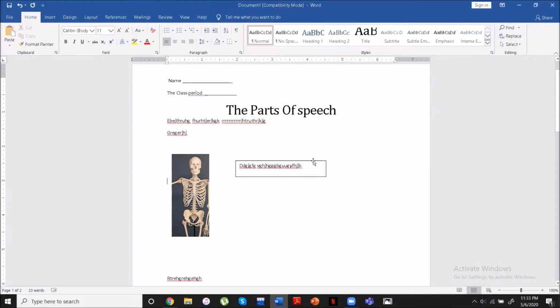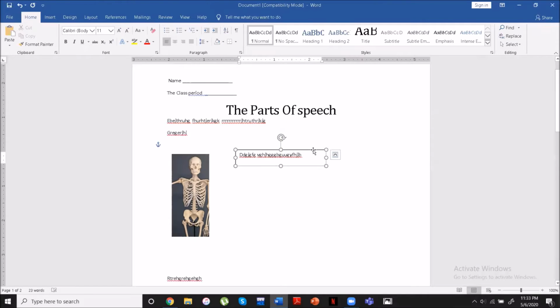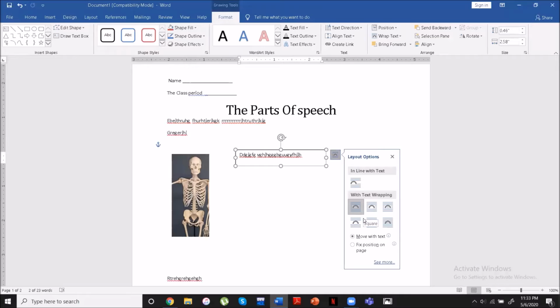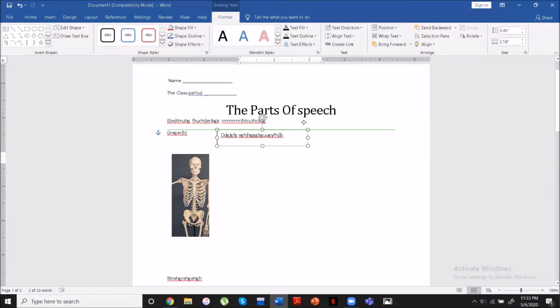Now this text box can be dragged wherever I want it to go. You can see that this is interacting with the text, but I don't really want it to do that. So in order to avoid it, I will again click on this layout options and I will simply choose the behind text option from out of these six and I will place wherever I want this text box to be. Now you can see that it is not interacting with the text. So let's just say that I'll place it over here.